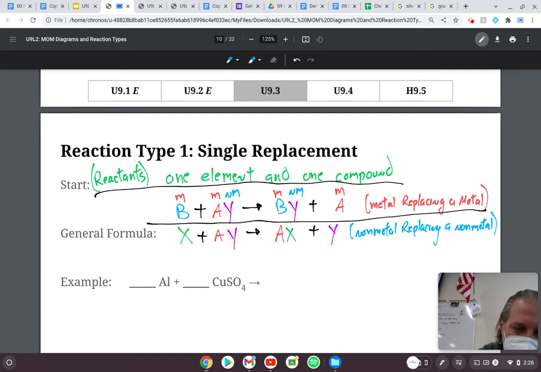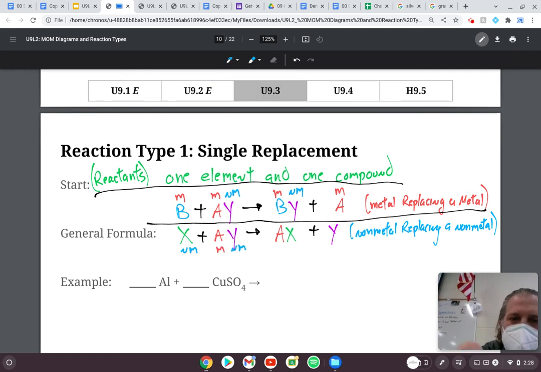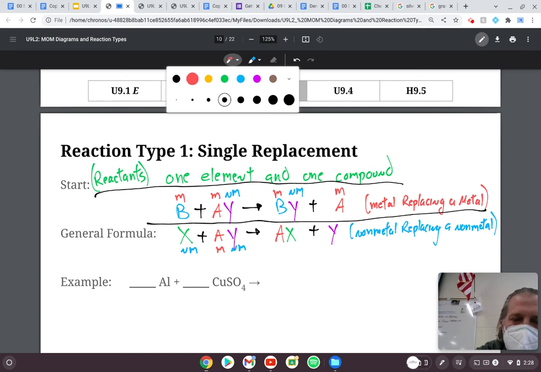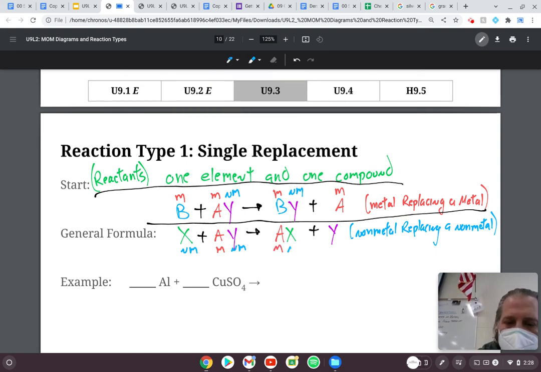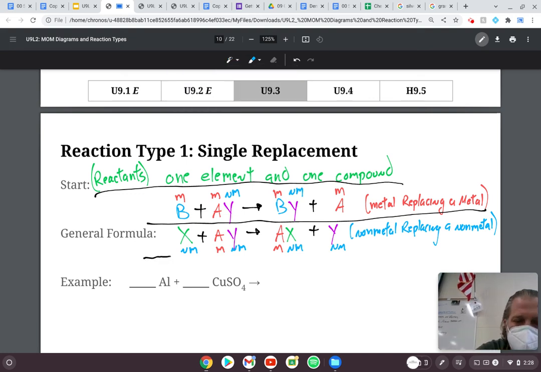So here I would have a nonmetal, a metal, a nonmetal, a metal, a nonmetal, and a nonmetal. And we can use these general formulas or generic templates to help predict what the products are going to be. So here we go. As an example,